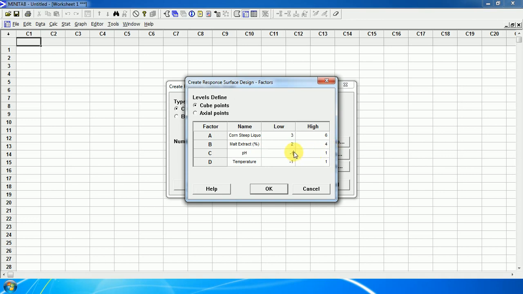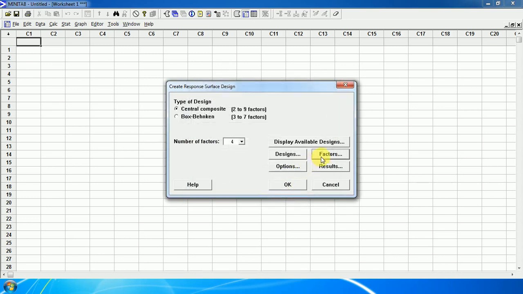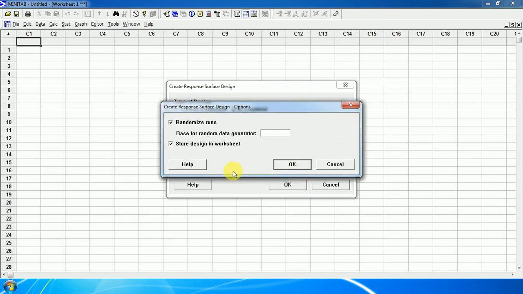For pH, the lower value should be 8 and the higher level should be 10. Then for temperature, suppose our lower temperature is 30 and our higher temperature is 34. Then we will click on OK, and now we will see the options.